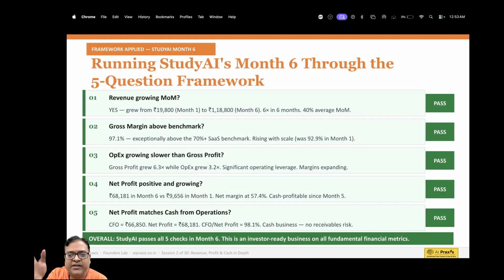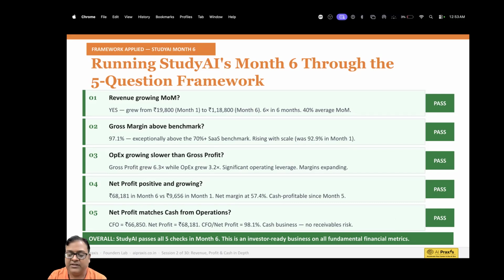Okay. So here is the thing. Revenue growing MOM? Yes. Very simple. So 40% average, pass. Gross margin above benchmark, 97.1%, exceptionally high. SaaS benchmark is 70%, rising with scale, pass. Operating expense growing slower than gross profit,